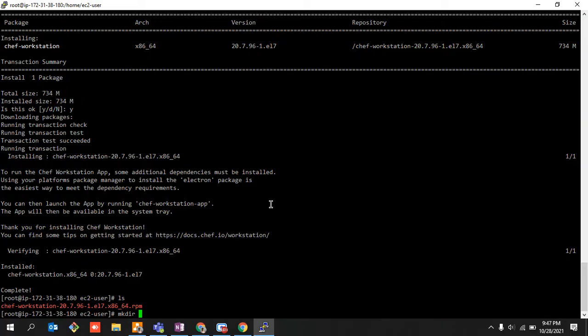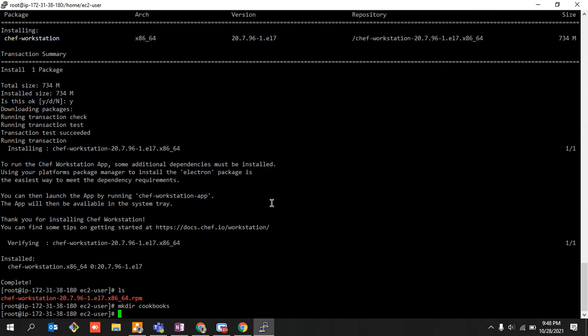So make the directory with the name cookbooks, BOOKS. It is a plural. It is not one book. This directory will contain multiple cookbooks. Like you have your own library, a shelf, and that shelf contains multiple books like physics, chemistry, biology, and each of your cookbooks, like your physics book, would be containing a number of pages which are known as recipes, and on those pages you are going to write something that would be your code in Ruby. Okay, so this is how the structure is going to work.